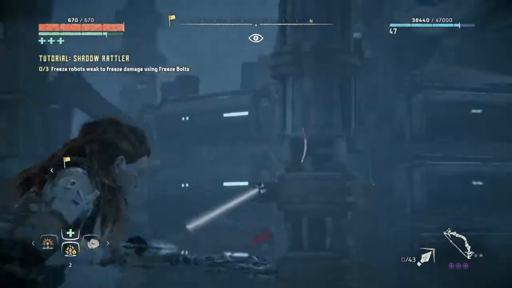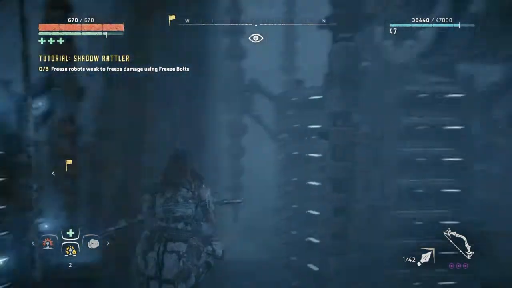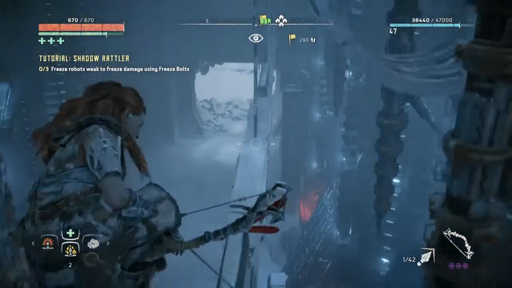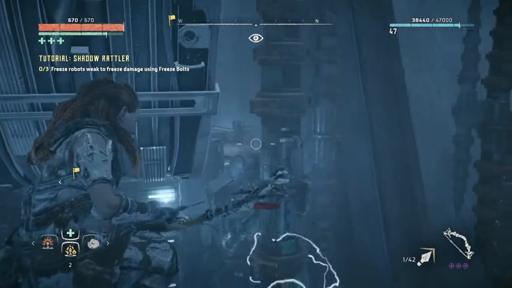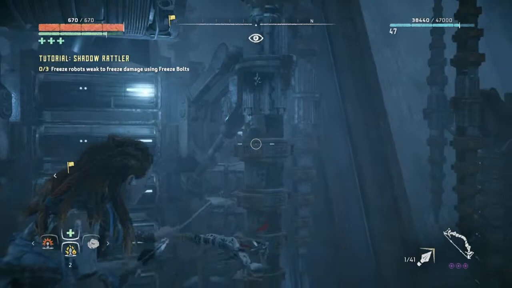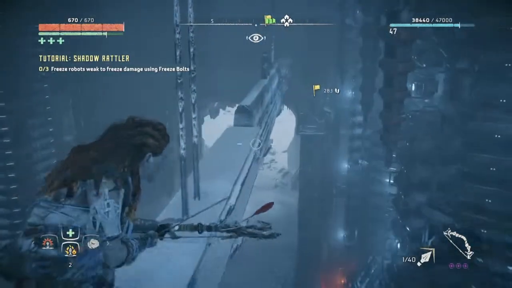That would be an interesting jump to make. If I could get up to that one, I could probably get on top. But I just think it's too far away. Maybe try that on a return journey. If I jump here, see, I'm in line with that one, maybe. Maybe that one. I might be able to get to that one, but it's just